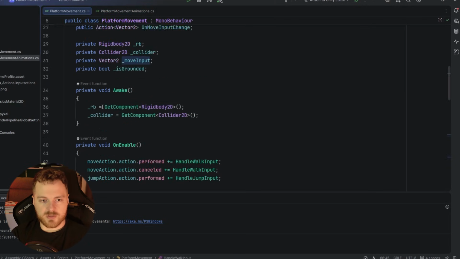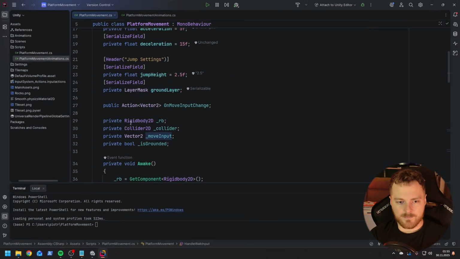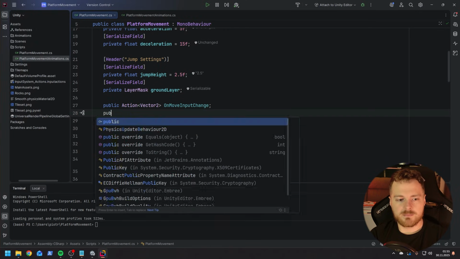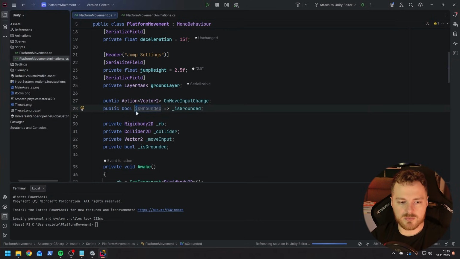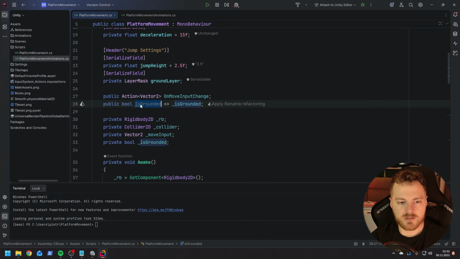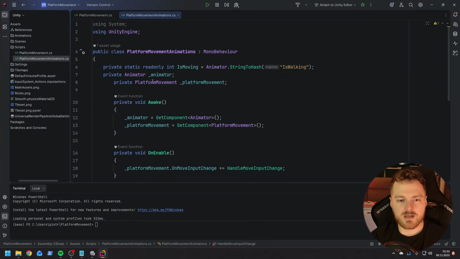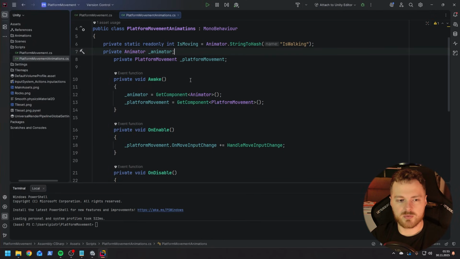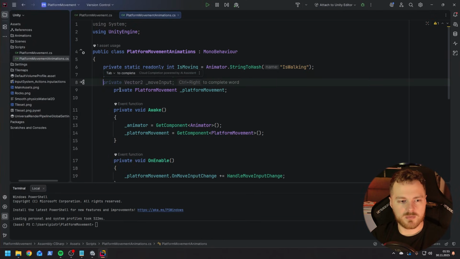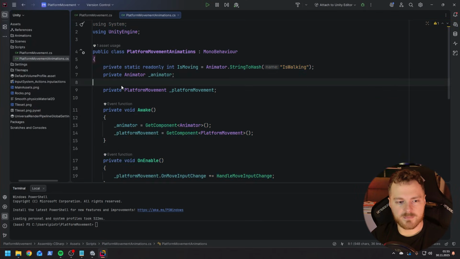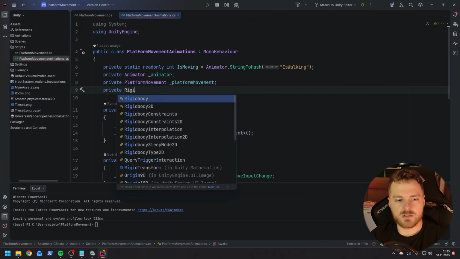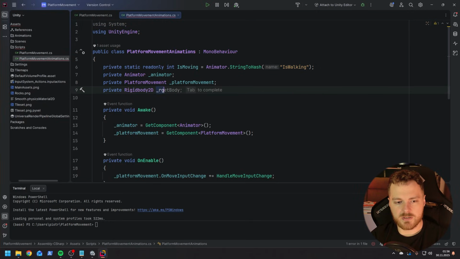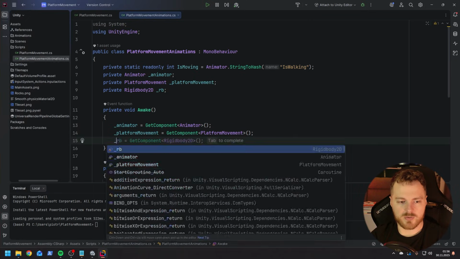First of all, we need to expose also is grounded. So public boolean is grounded. Let's do the capital I over here. And do we need a velocity? No, we'll have it directly from the rigid body. So what we can do here, what happened here with the formatting? Yeah, let me fix that. What we can do also, private rigid body, the rigid body. Here of course we need a reference,